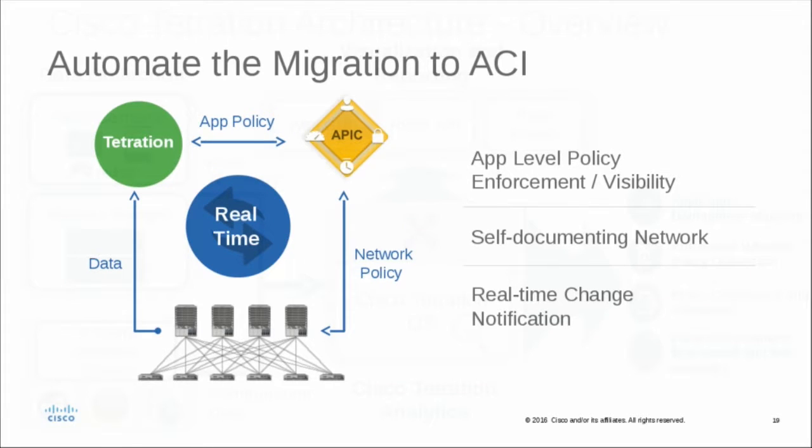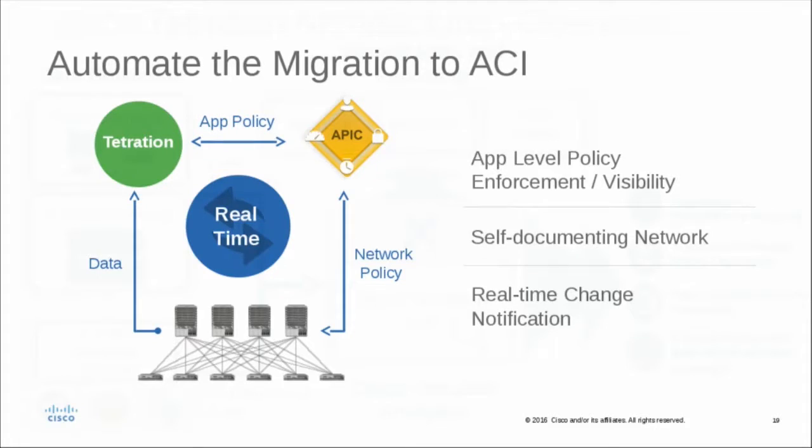But to go back to what I was saying about Tetration, we have sensors running on the host and also inside the network. They feed information to our appliance. The appliance absorbs this information, does the advanced machine learning data analysis, and then makes that information available over an API. We have a GUI that's quite impressive, as well as a REST API where you can gather all this data. And one of the other interesting applications of the technology is tying it together with ACI.